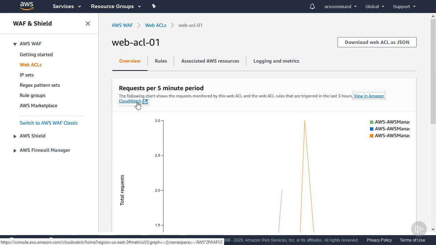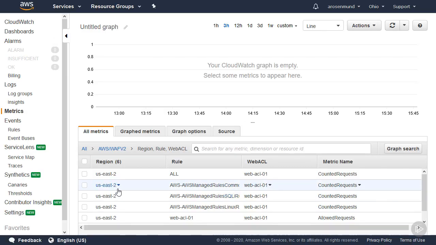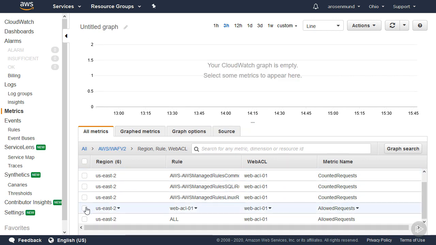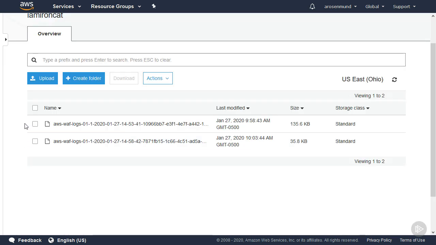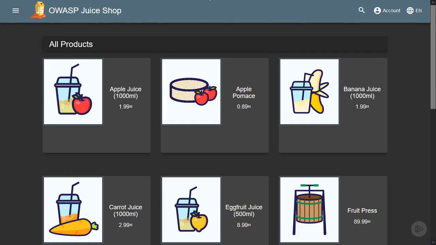If you want to get more granular, you can move over to CloudWatch, though this is more specific to metric monitoring and less security analysis. To properly monitor the web application firewall, I had to set up a Kinesis data flow and link it to the WAF and dump that data into an S3 bucket. And you'll see that in a moment, but first, let me show you how a local file inclusion vulnerability can